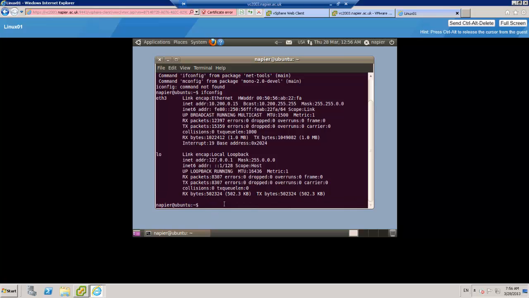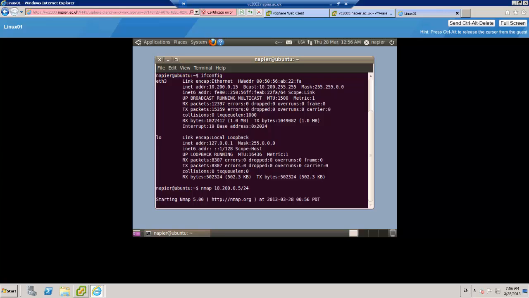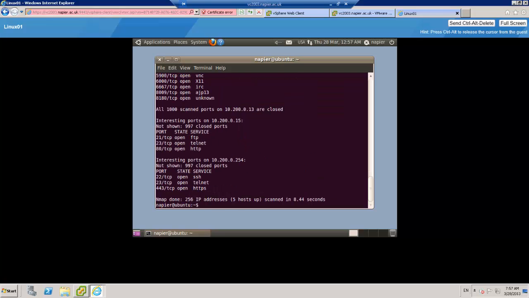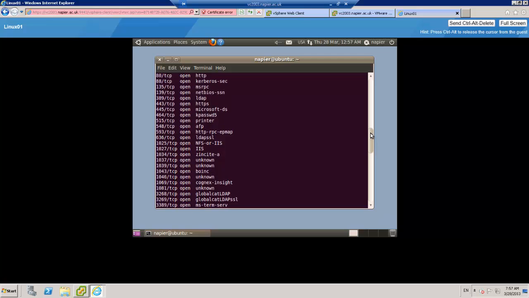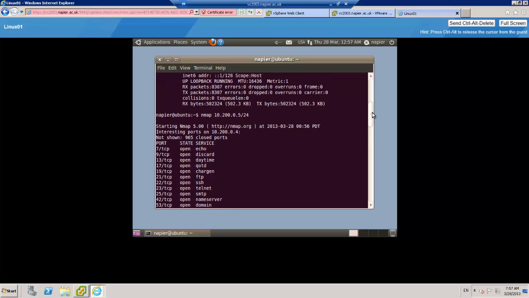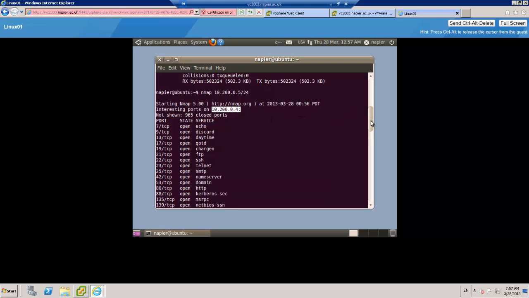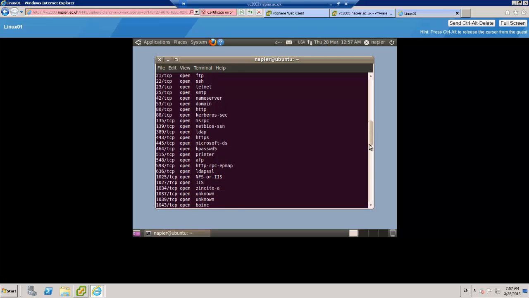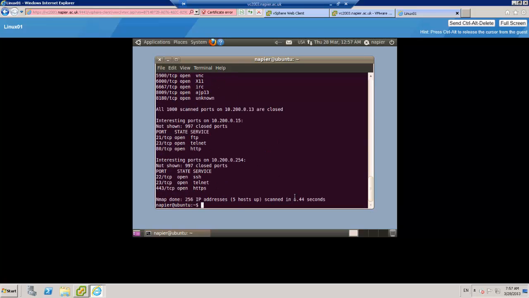So the first thing we'll do is we'll just do a quick scan of the network just to see if we can find our server, and we use 24 as a subnet mask because we only want to scan on 10.200.0. It just takes a little minute to do this. There we go, we've got a few machines on there. And the one we are most interested in is this machine here. We see there are lots of services on it, so it's slightly worrying already. We can see all these services here,